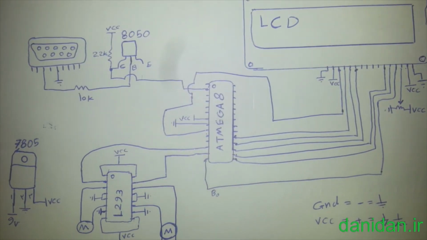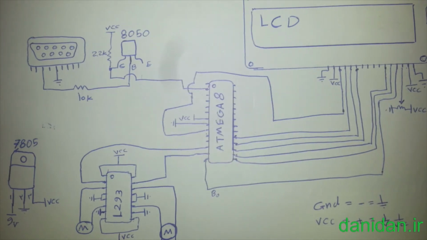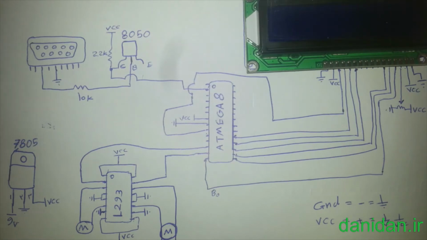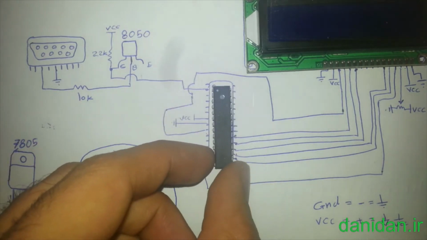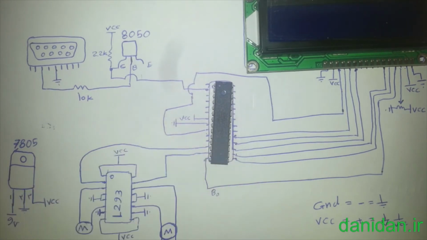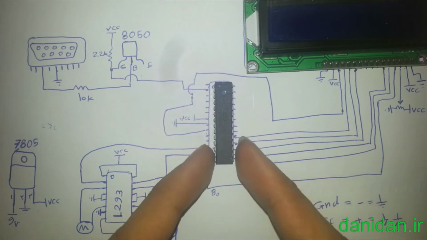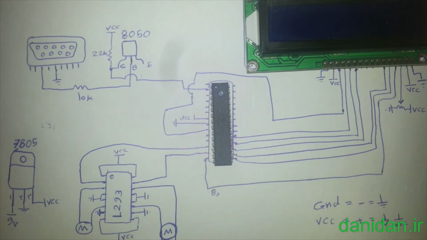So in this case, I connect this pin to the ground, so our motor just drives in a single direction. If you want to drive your motor in reverse, you should connect the pin that I connected to ground to the microcontroller. At this time I just connected them to ground. So let's see what happened in real